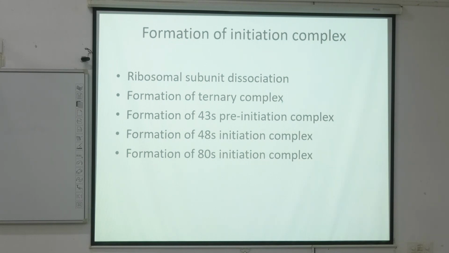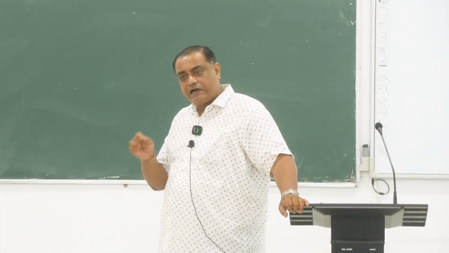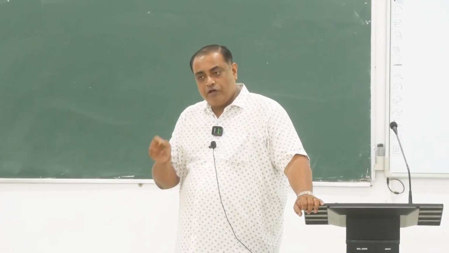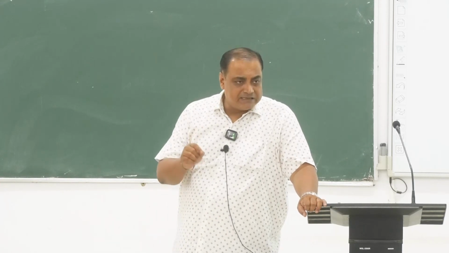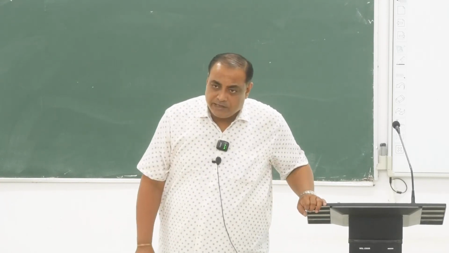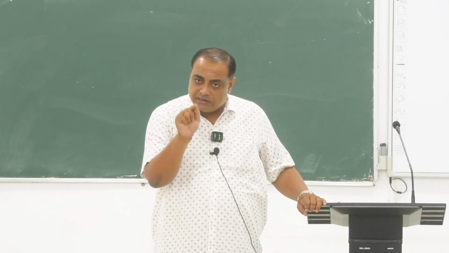Second will be formation of ternary complex. What is ternary complex? The mRNA which is to be read by amino acid tRNA has to be processed. Why? mRNA is a big molecule. You don't know from where to start reading. AUG is a start codon. How do you know where it is located? So there must be a mechanism to make that visible to you so that you understand from this point I